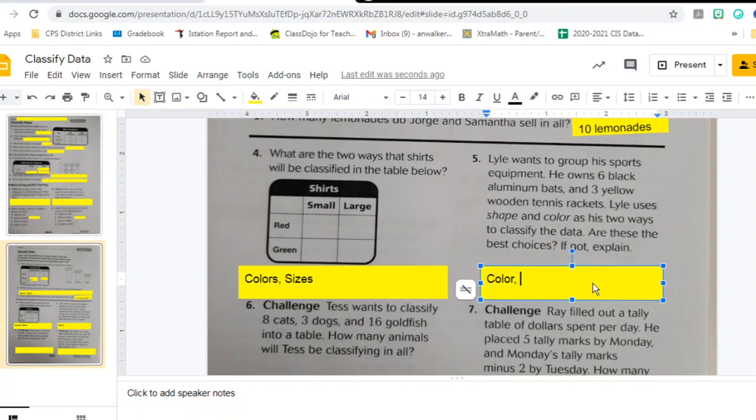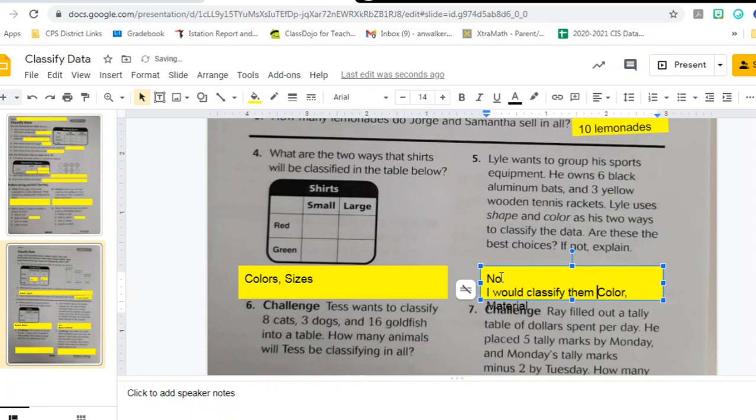They gave me aluminum and wooden, and those are both materials that are used to make those pieces of sports equipment. So I think that it would probably be best to say that I want to classify them by color and by the material that they are made of. And so my answer to the question, are these the best choices? It's probably no. And then when I explain, I'm going to say I would classify